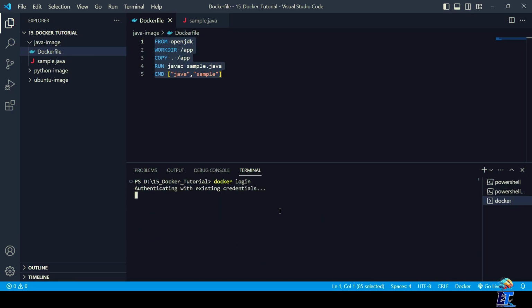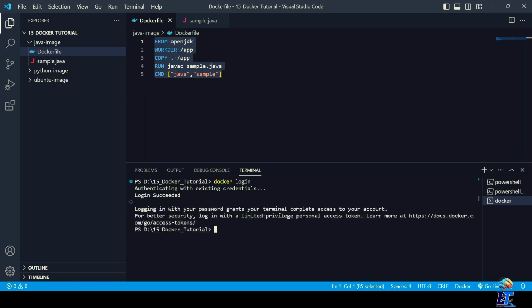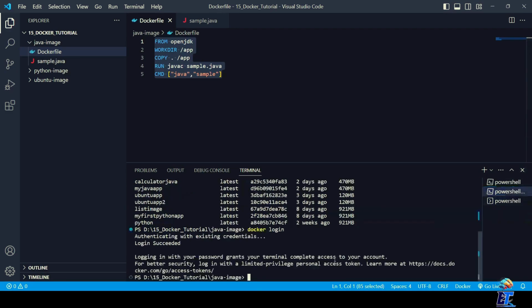Okay, my account is already authenticated. That's why it's not asking me for the username and password. But when you do it, you will need to enter your username and the password. Okay, so it's fine. Now the last command which we'll use is docker push and whatever